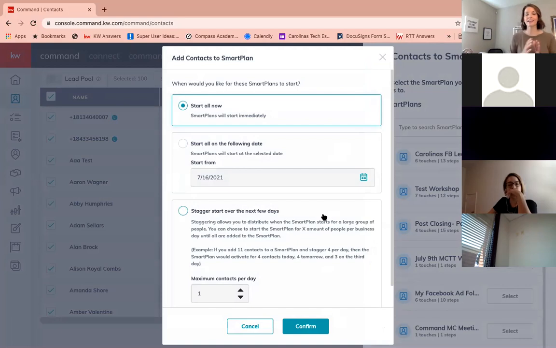If you are adding a very large, substantial number of contacts to a smart plan, I recommend that you stagger the start over the next few days. The reason is that if I was really adding 100 contacts, and I don't know that you're going to have 100 leads from Facebook, but let's say I was adding 100 contacts to the quarterly call smart plan or something that has a lot of activities, and I just say, okay, start everybody now, then when the first activity comes up, it's going to come up with 100 tasks that are due on that one day,